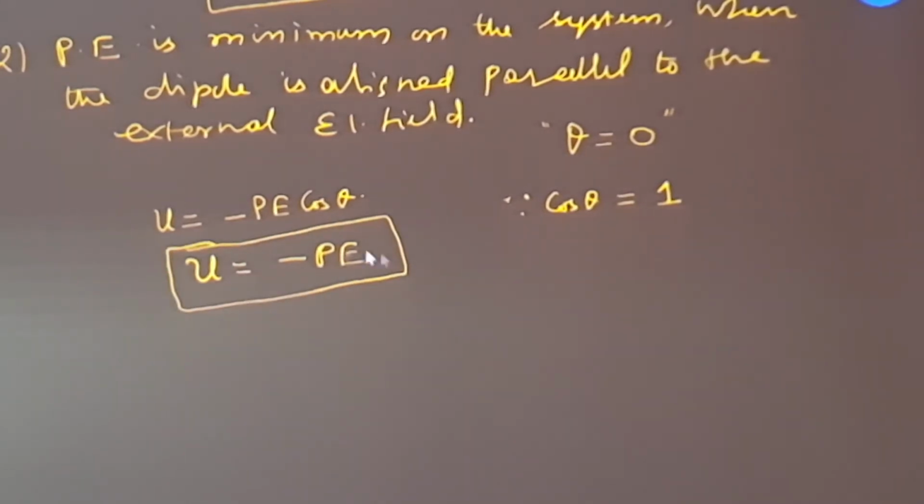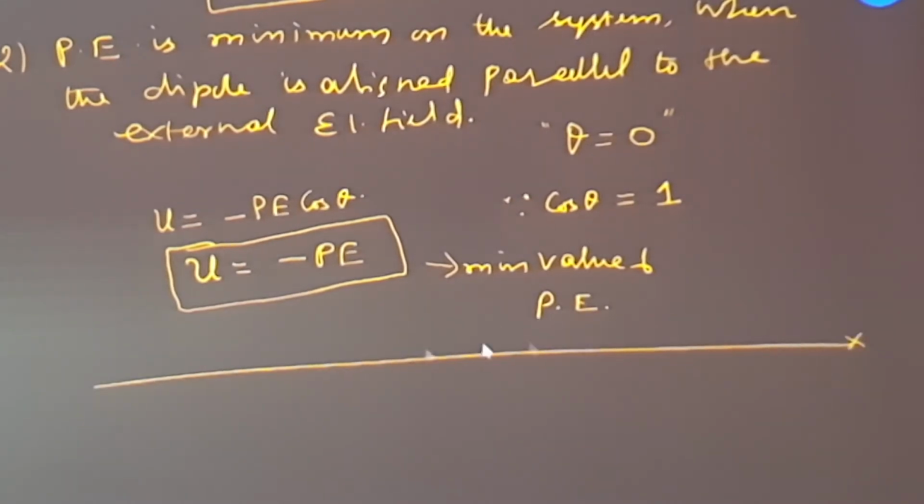Since cos theta is equal to 1, potential energy is equal to minus PE. So, this value gives you the minimum value of potential energy when an electrical dipole is placed inside an external